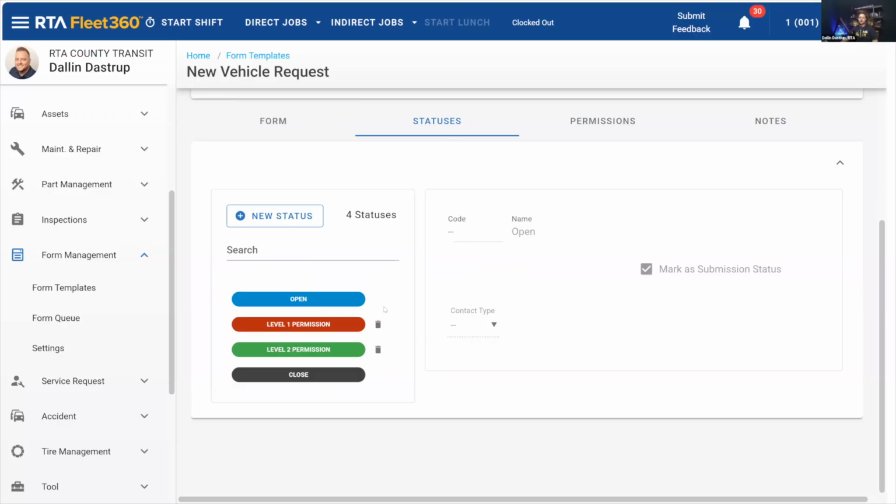And I want to make sure that not only is that visually represented, so I can easily see it when I'm looking at my form queue, but also when I filter it down and find out which ones are assigned to me. Well, it is coming to me, but I'm the level two guy. Nate's got to get it past level one. Ring, ring, ring, Nate. I need you to fill this out, but I got to get this in before the end of the month. And so being able to see all elements, all areas,